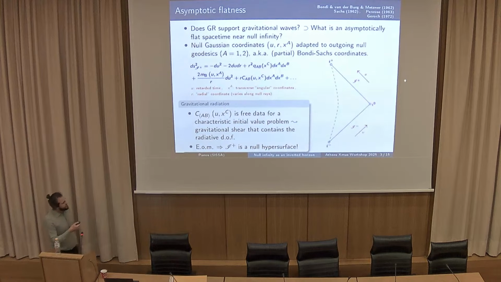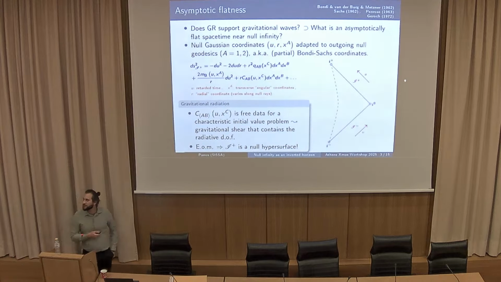Okay, so the first line in this line element precisely reflects asymptotic flatness, which loosely means that the spacetime looks flat at large distances. And the first line is precisely the line element for Minkowski spacetime. And the second line describes how this Minkowski at infinite distances is glued together to the bulk. One observes this characteristic field, this C_AB field, which, as Simon presented to us in the previous section, was realized to describe gravitational radiation.